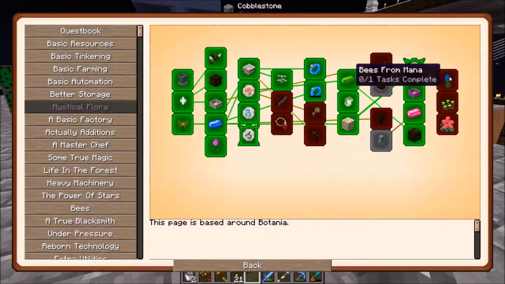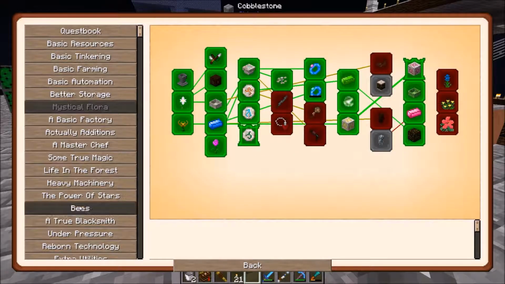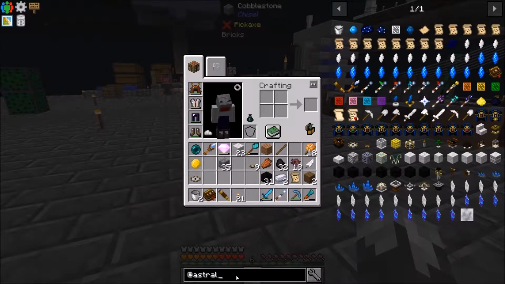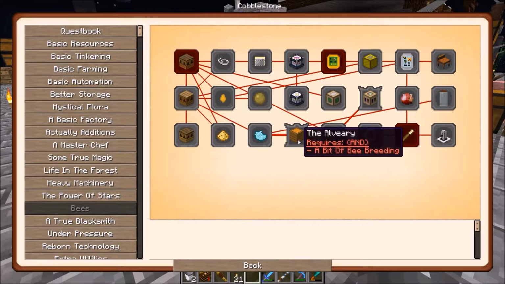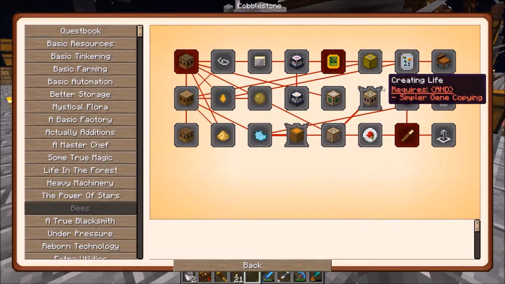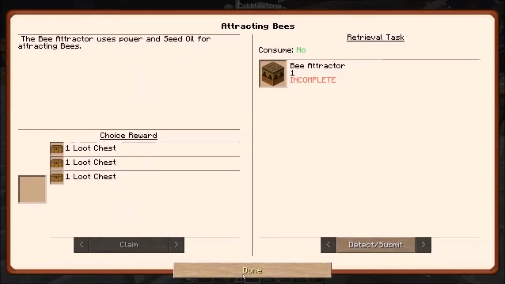They've added some new quests here for bees. Matter of fact, that's something we should be looking at here. We need to make this bee attractor. I was hoping we were going to get away from doing bees, but they have made it now to where there is a quest here for us to do, so we're going to have to get through at least the resource, not necessarily the bee breeding, but at least through the machines in order to do this. So the first thing we're going to need to be doing